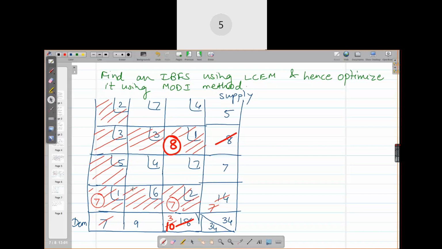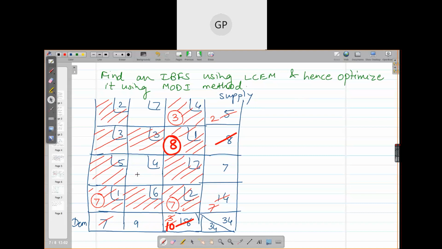4. There is a tie again, but they belong to different row and column. So you can select them one by one randomly. So suppose I select this one first. The demand is of 3 units and 5 units are available. So 2 are left. So this is how the demand at this destination is fulfilled. Is that okay?